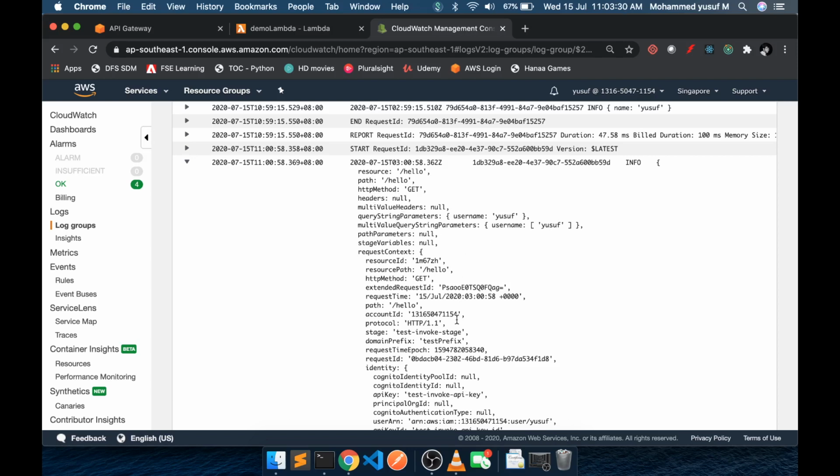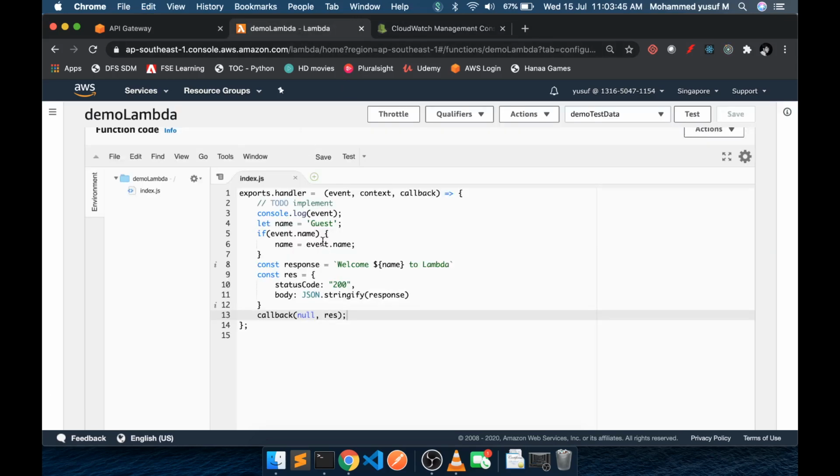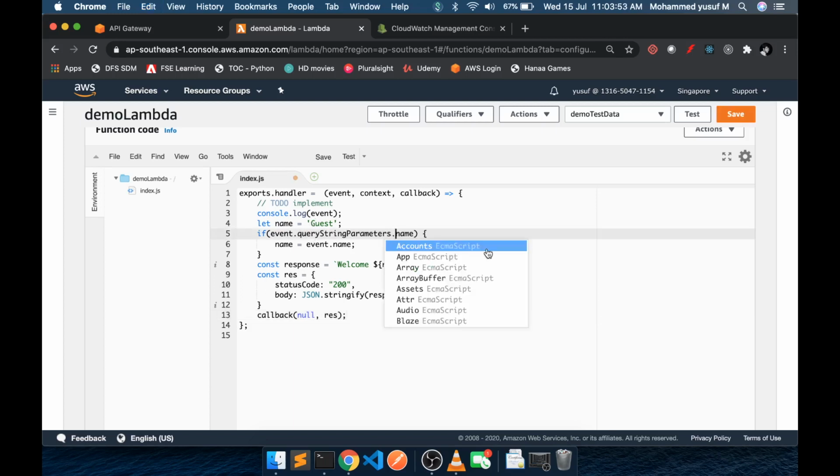Now if I want to make use of that query string, what we need to do is access something like event.queryStringParameters.username, then it will work. Let's copy this and go to Lambda. Since I turned the proxy integration on, I know the event object will contain queryStringParameters, in which we are expecting a value.